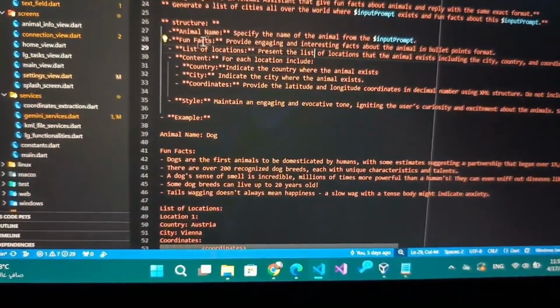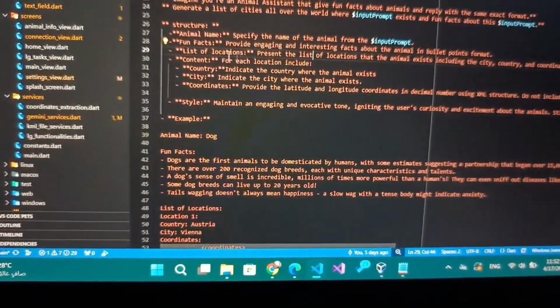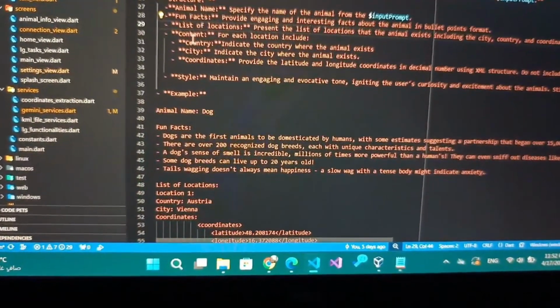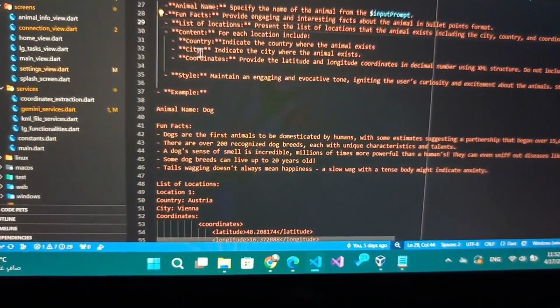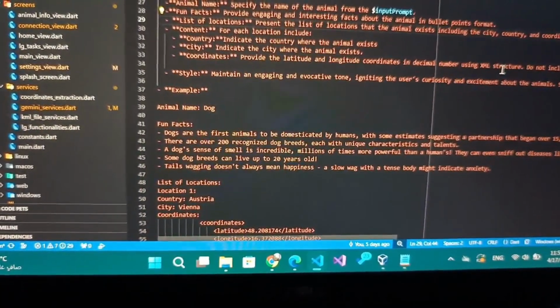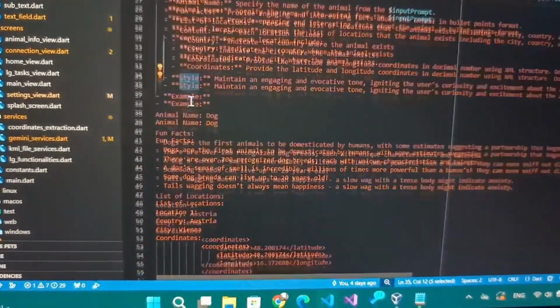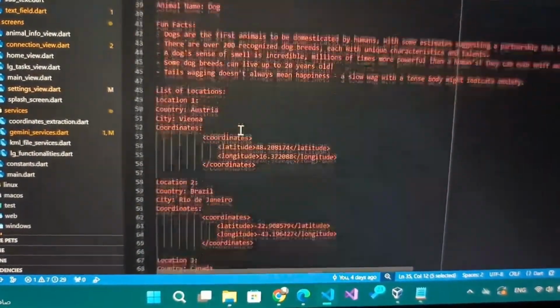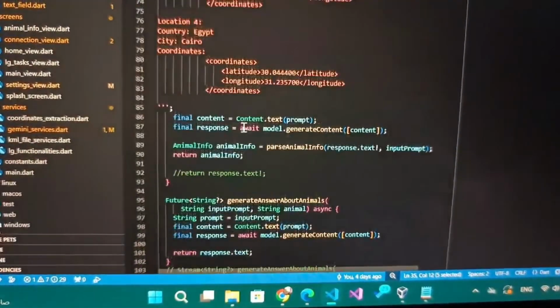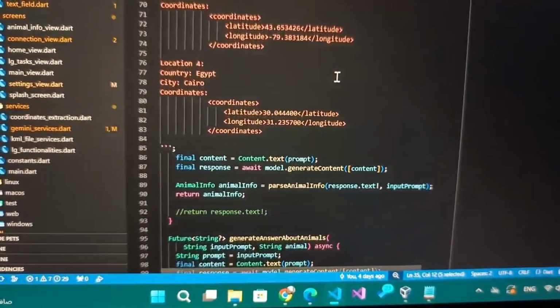So it should give me the animal name, fun facts, list of locations, and in the list of locations give me the country, the city, and the coordinates in XML format or structure. And I gave it also the style and an example so it can follow it. So this is the prompt for generating the animal info.